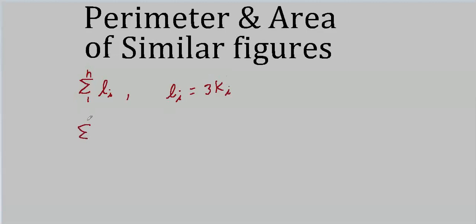And that's the cool thing about the summation symbol. It works just like any other summation if you actually knew what this number was. So if we write 3 times k sub I, well, what does this mean? This means 3 times k1 plus 3 times k2 on up to whatever n is. It could have 20 sides. K sub n.